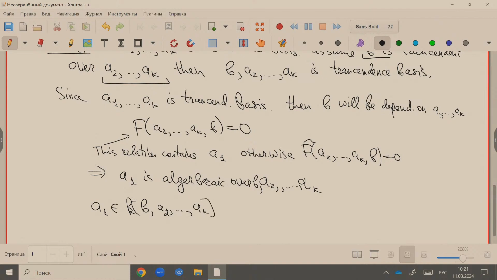So this means that K of A1, not this ring but the algebraic closure of this ring. So this means that if you take all elements and take the algebraic closure, by the previous remark,